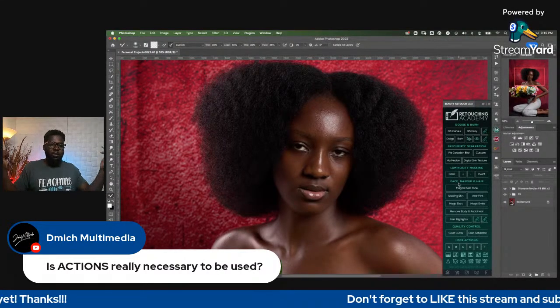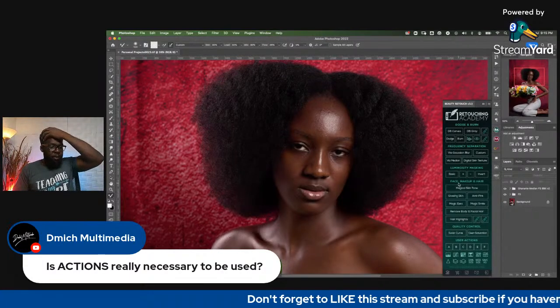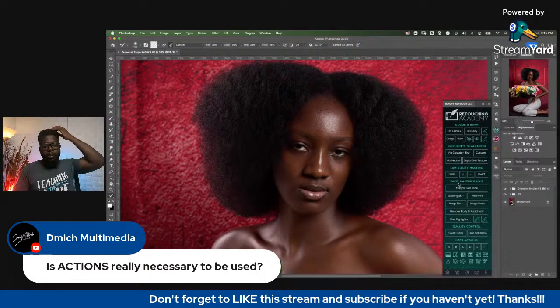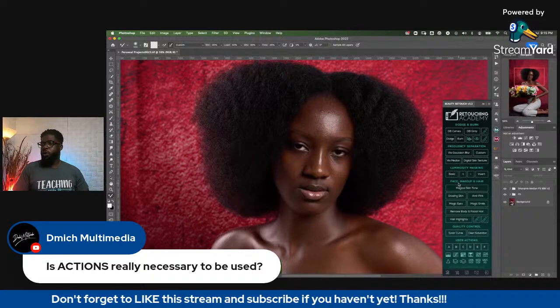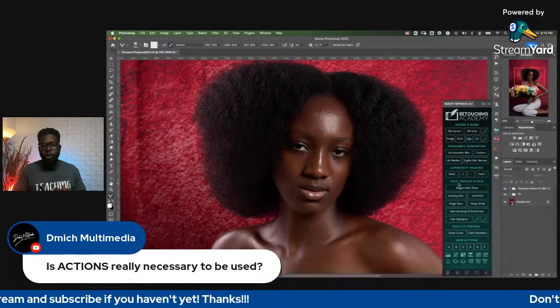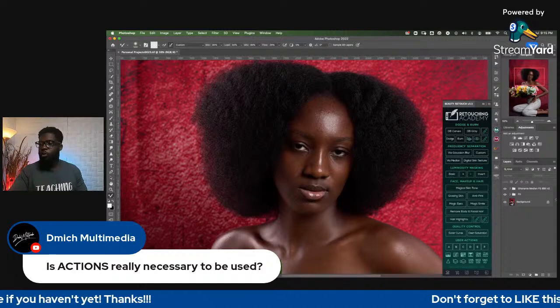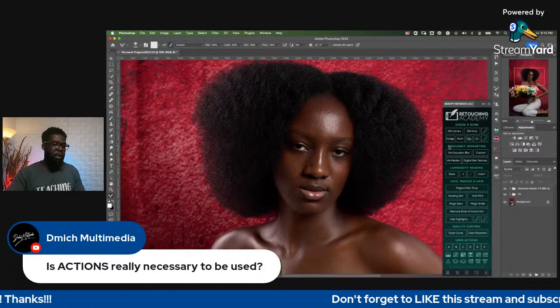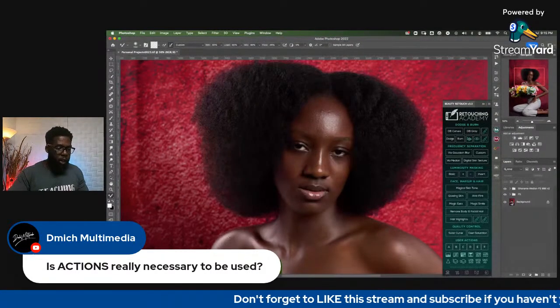Everybody likes this panel, and there was a time that when you don't have this panel, people tend to tell you that your images don't pop, your images don't look nice because you don't have a Retouching Academy. But okay, so